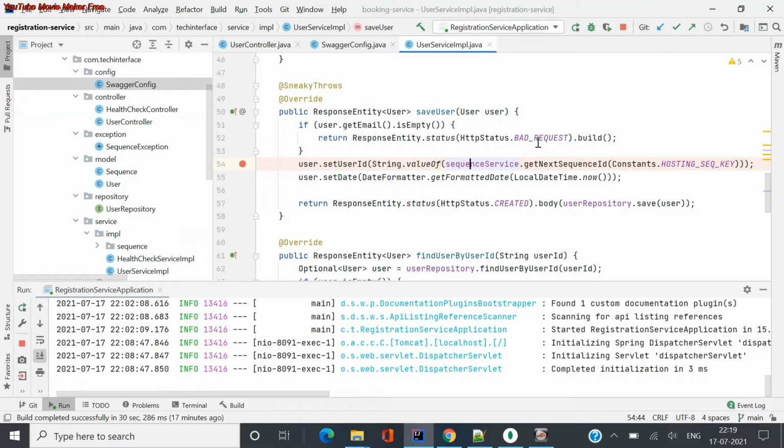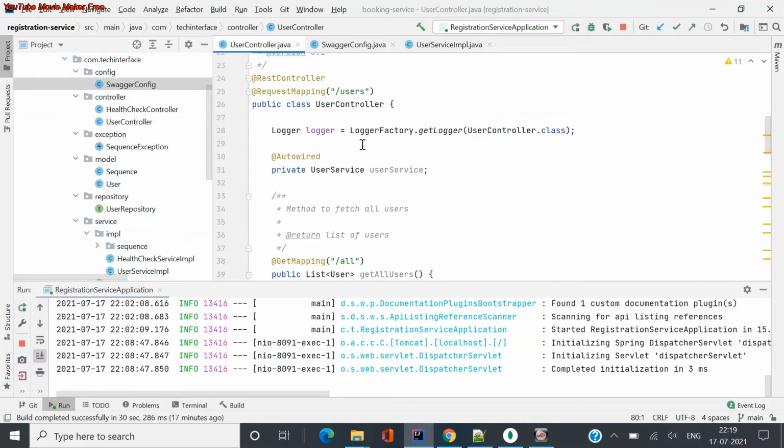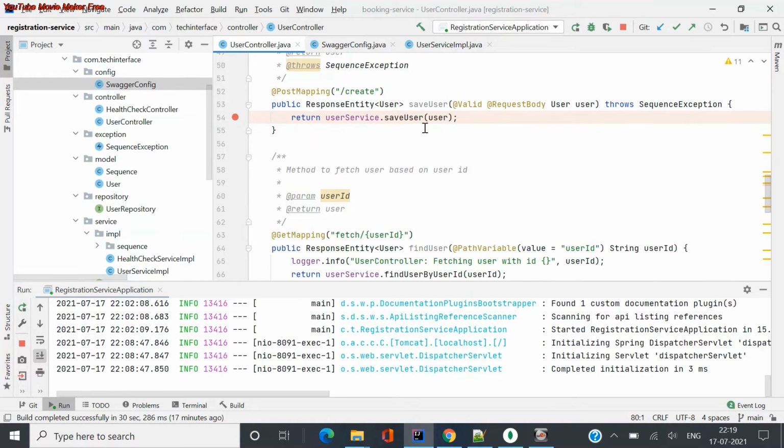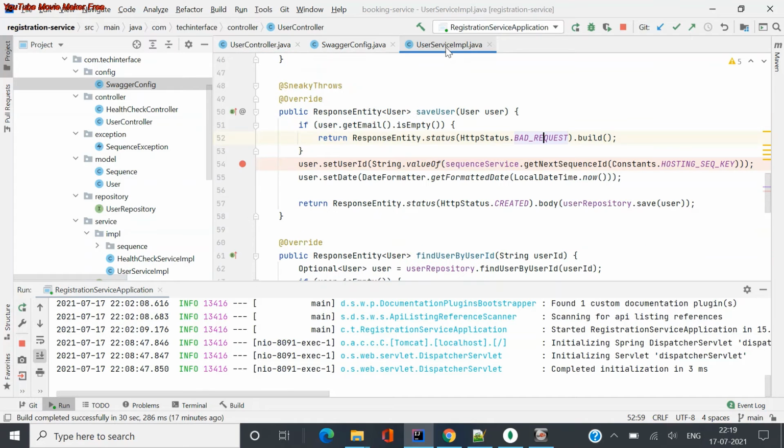So the bad request goes back to my controller and tells me that yes, I'm trying to create and it sent me a bad request, and the UI knows that there is something wrong with my request. Then it has to go back and check what is wrong with that. If you look at the logs also, it will tell why it is a bad request and what information it has. So you can get all the information there.